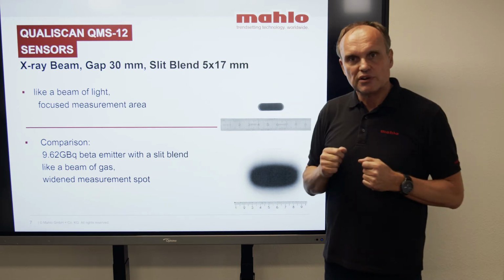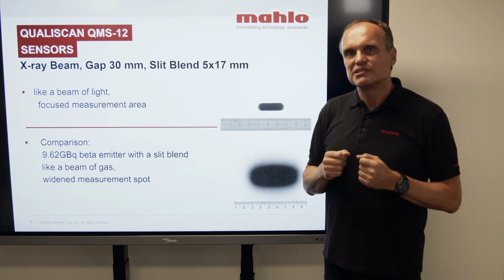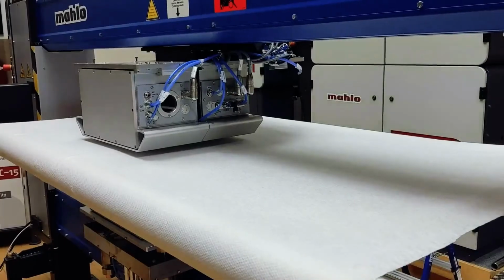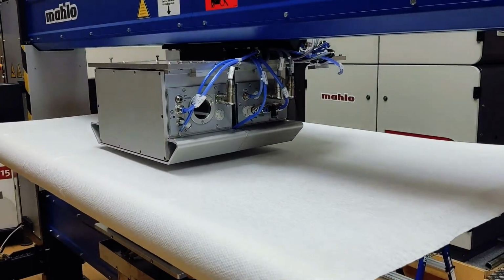So far for the theory. Now let's take a look at practice. Hello everybody, and welcome to the Marlow showroom. This is a very busy place, as you easily can see. We do a lot of research and development on our machines, and we can also make sample tests with customers' fabrics that we put on our machines and show the possibilities for the measurement.